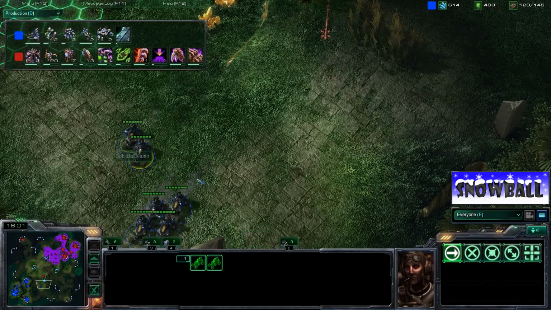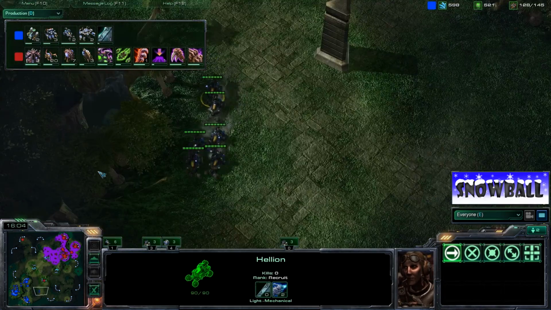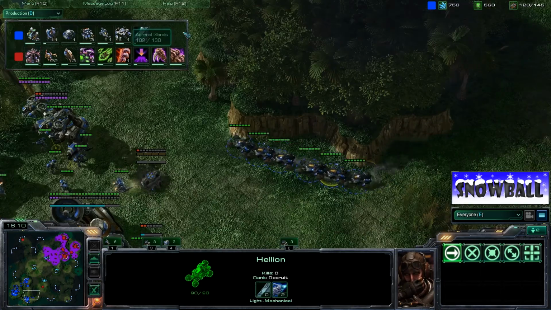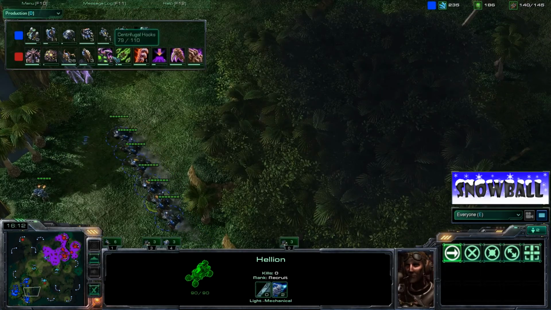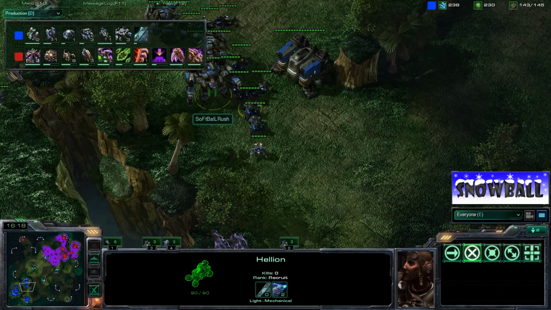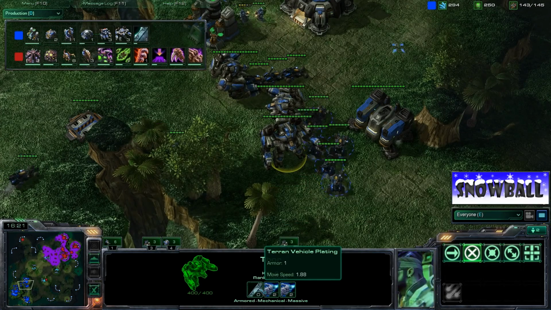We've got more Hellions coming down. They've had the blue flame for a while, plus 2 attack. So this is a high upgrade game, plus 1 attack for the air going down for the Zerg. We've got the vehicle plating going down, so he's getting some armor, which is really good for the Thors against